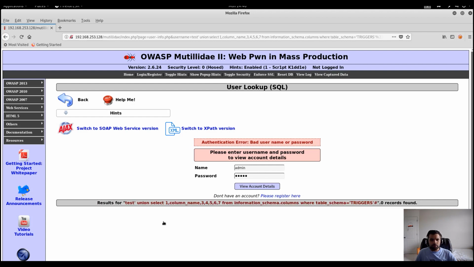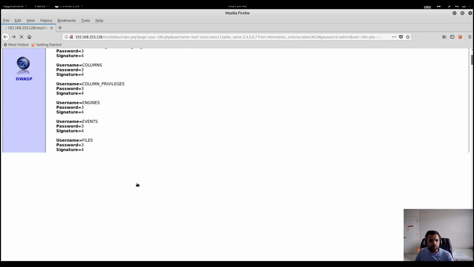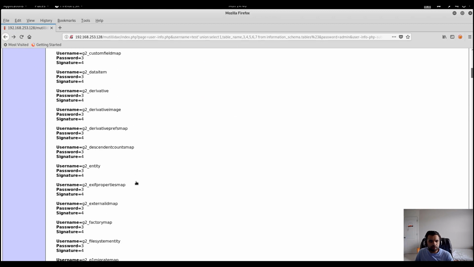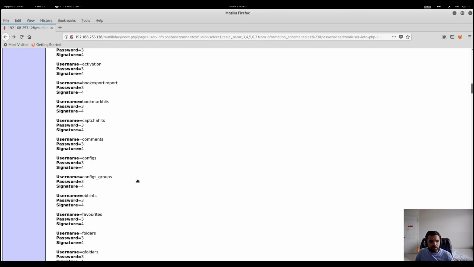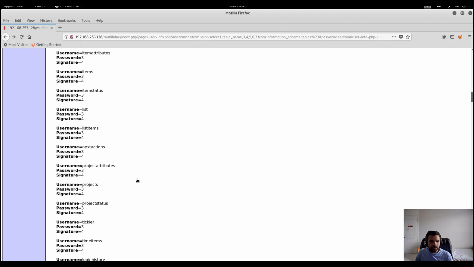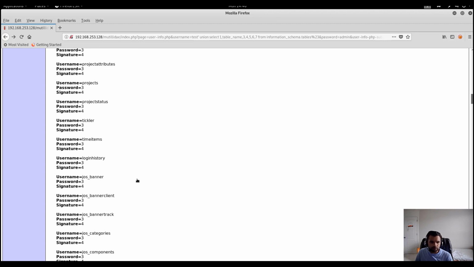So same way you can go back to this table names and see which ones are interesting, and then you can try to get the dump from that table. In the real world you might not see all this information that easily. You may have to try blind SQL injection, where you have to use a time query. See if this is true, it waits for like 15 seconds to come back, versus false, it gives you the result right away. So that way you have to determine. It might not be this simple.